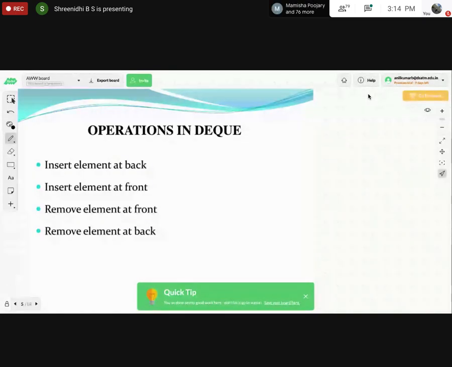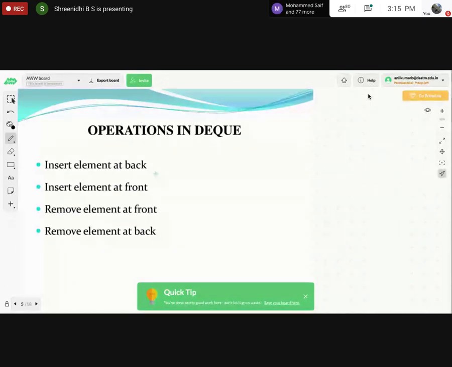Only Kavya is replying in A section. B section somewhat okay, good. Prakriti, Prarthana, and so on. Okay, good. So insert, delete, and display. So those are the three major operations that we perform on queues.